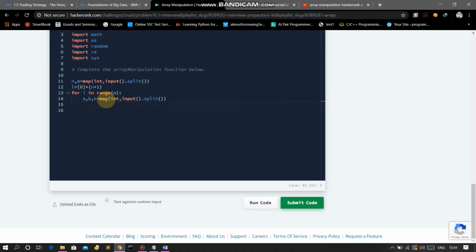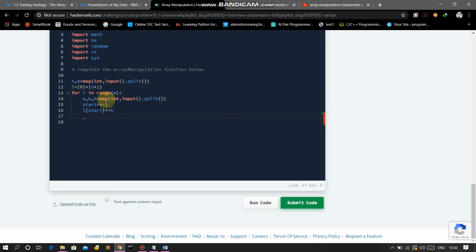After that, write start equal to a minus 1, that is the start index, and L of start plus equal to k.